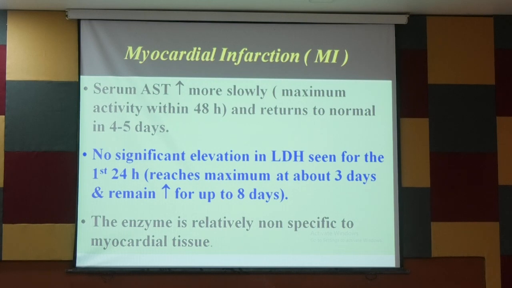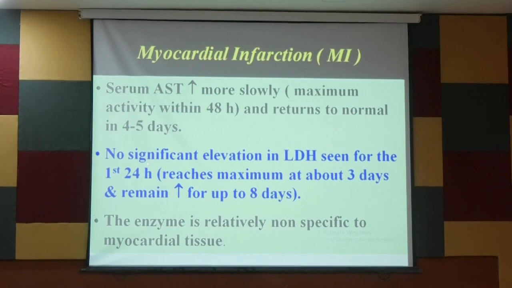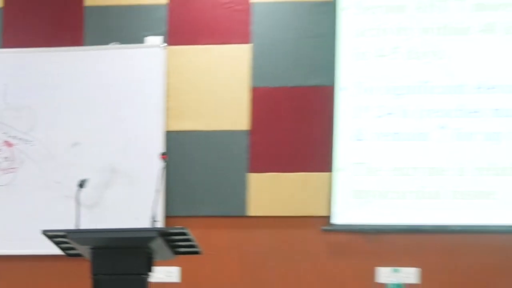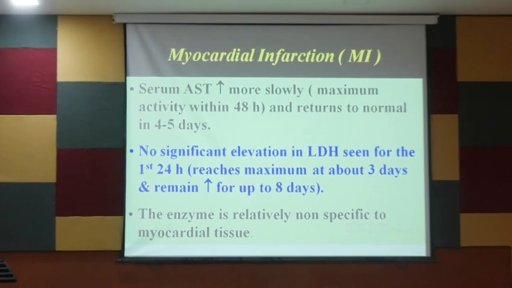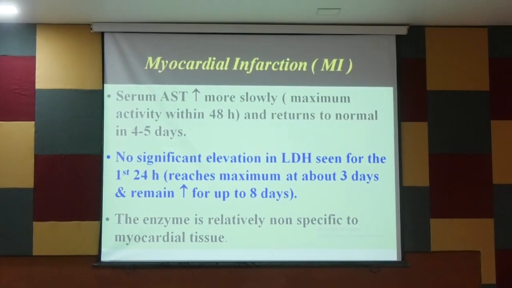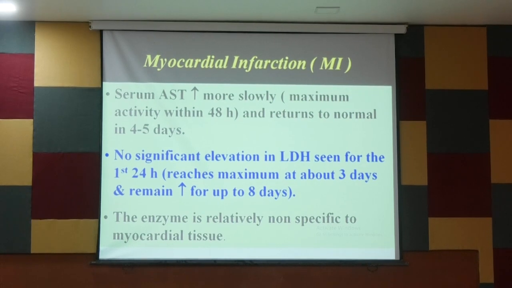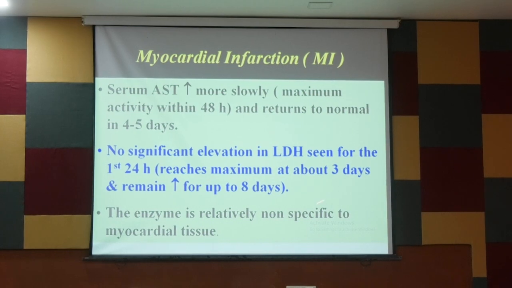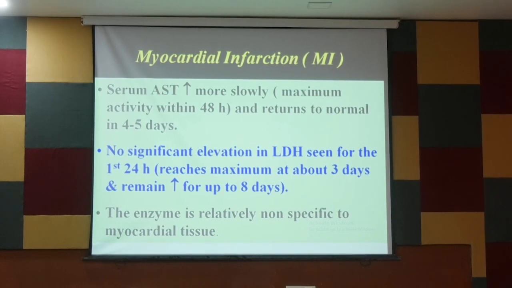Almost 8 days. So in the first 24 hours it starts increasing, peaks by the 3rd day, 72 hours, and comes back to normal by a week. This enzyme is a little bit non-specific to myocardial tissue. Right? It may be due to liver disease,